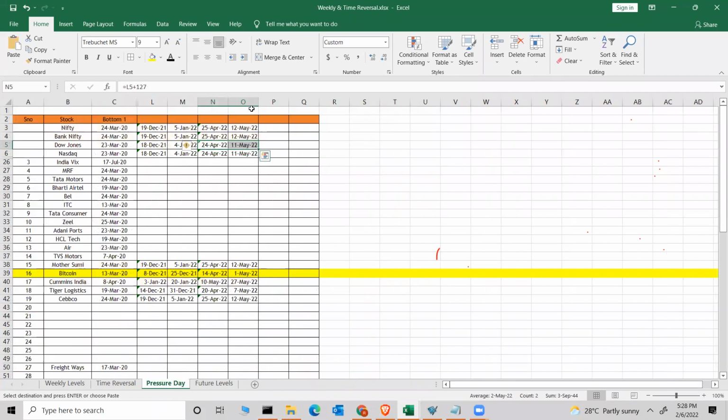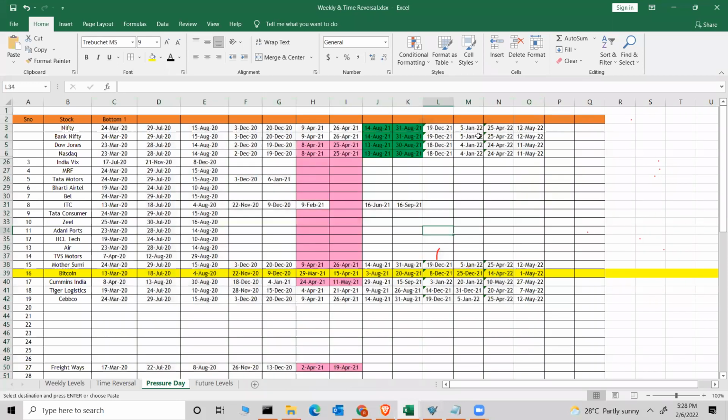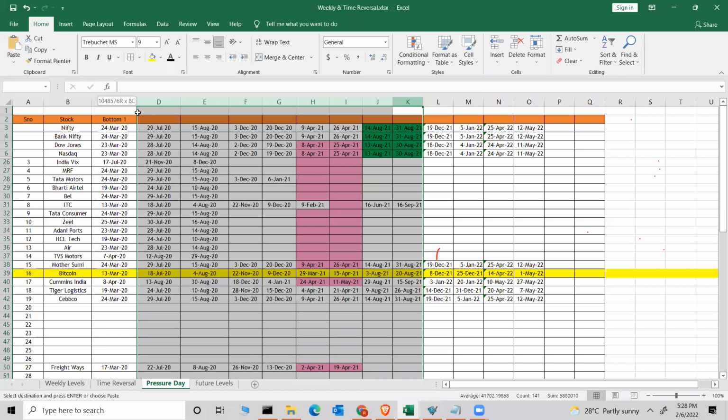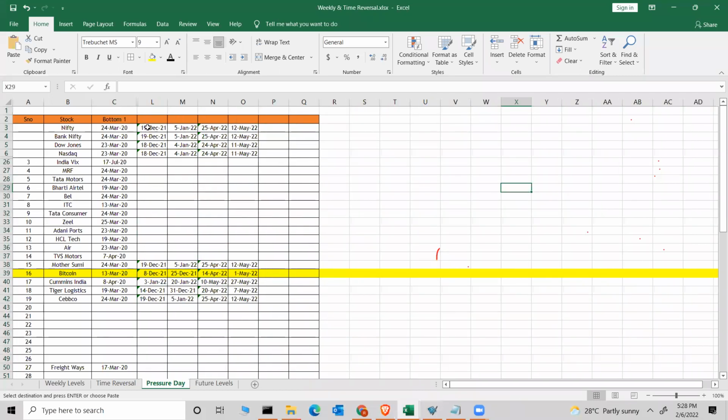These are the days which I have calculated just to show you. I have hidden it here. So let me see, I have all the dates here. Now we are going to focus from this year. So let's see Nifty, what happened on December 19th? I have marked it down as December 19th, 5th, 25th April, and 12th May. These are the upcoming days, okay? These are called pressure days. On these days, we can expect a huge move in the